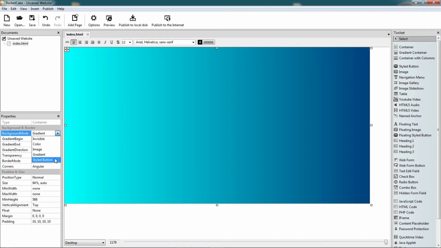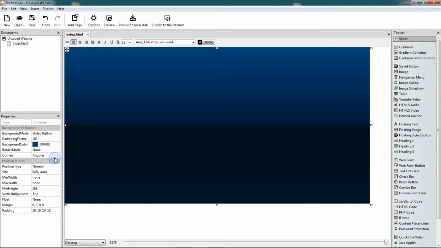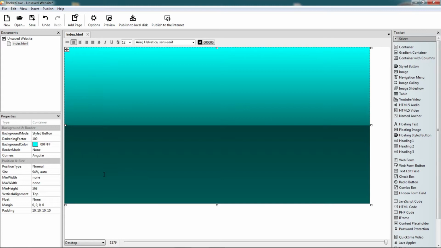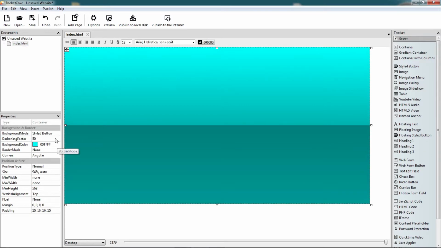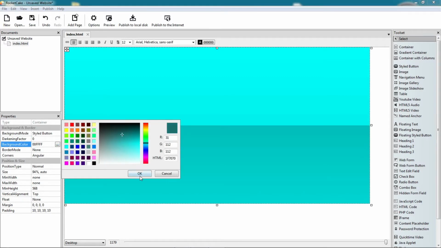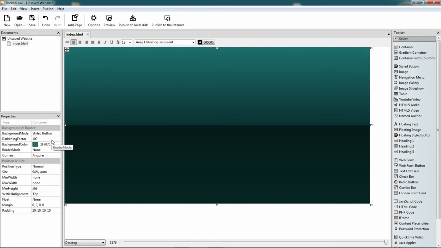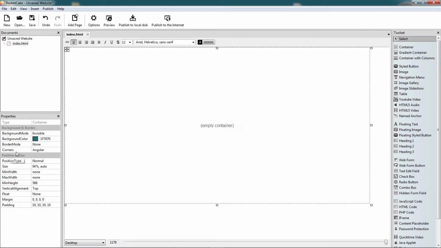And finally, the background mode can be a styled button. Looks like that. The darkening factor is 100. We can change it. It's 50. It can be 0. And we can change the background color. We can play around with it. Let's go back to visible and we take a look at